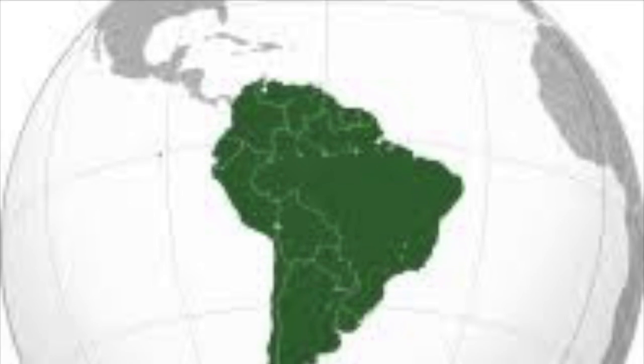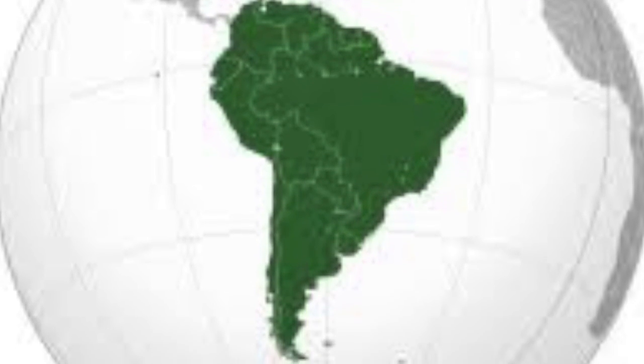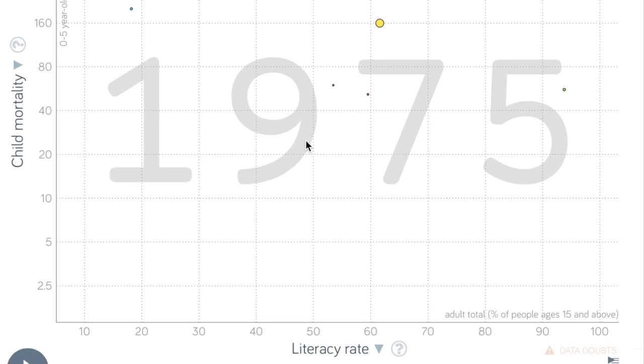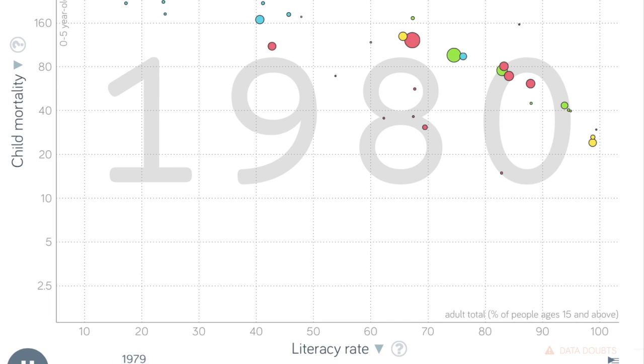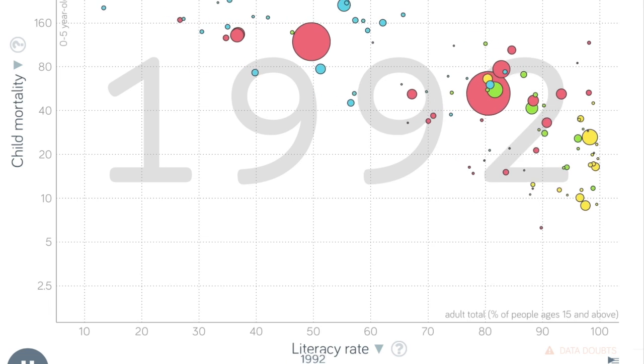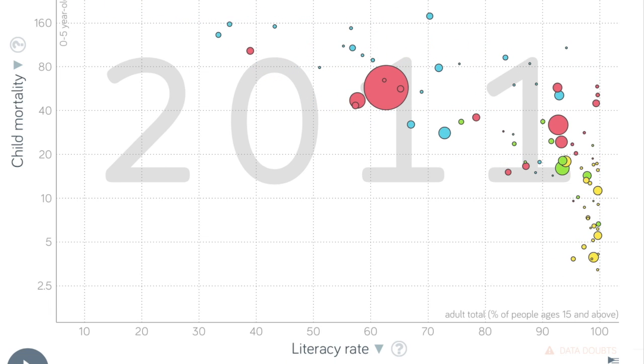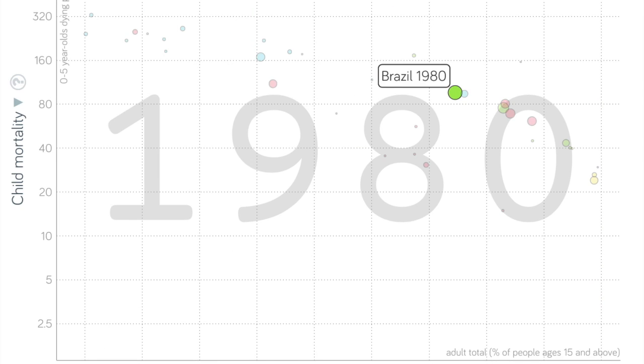On the other hand, skilled workers' higher income levels have allowed for better healthcare and pregnancy prevention programs in South America. These improvements correspond to a decreasing child mortality rate and an increasing literacy rate. Not only do increased literacy rates contribute to fewer babies per woman, but they also lead to lower child mortality rates as well. Over time, as literacy rate within the population increases, the child mortality rate in the population decreases. This shows a negative relationship between the two.